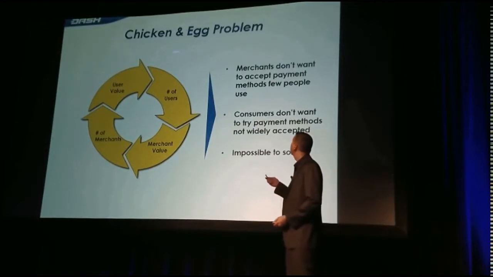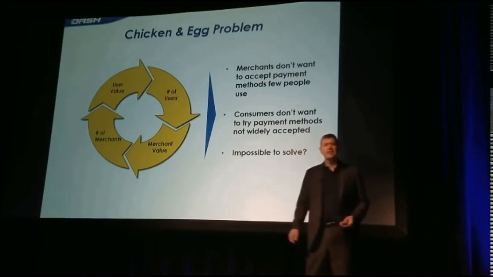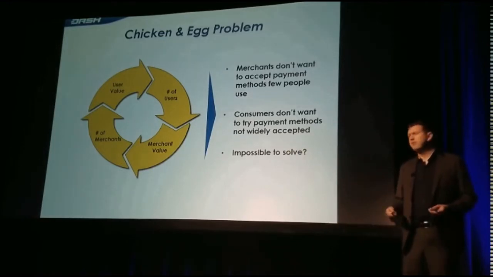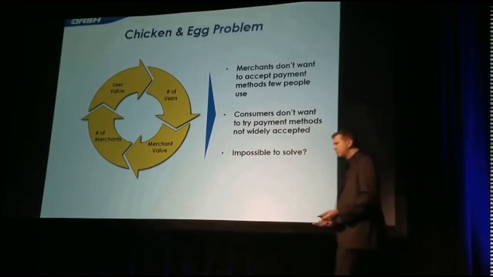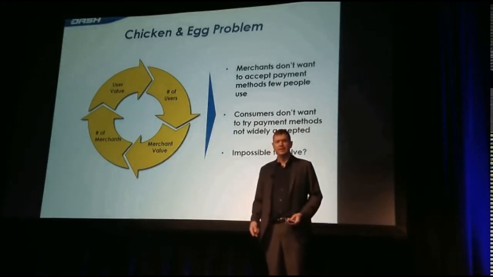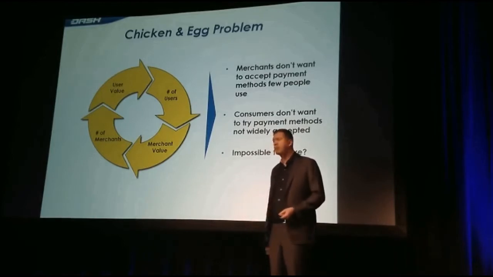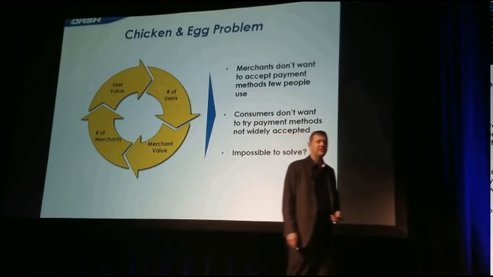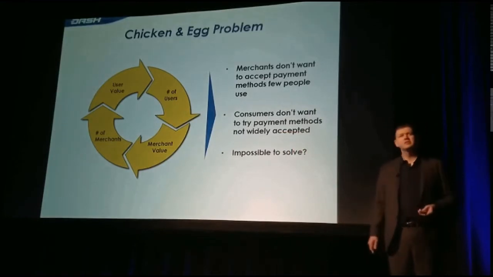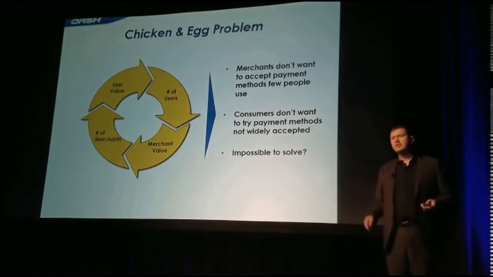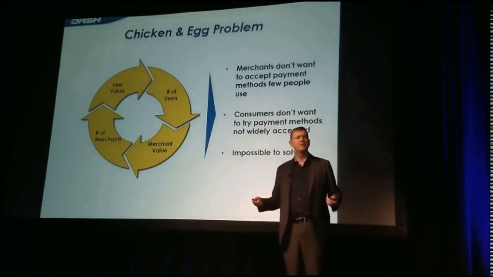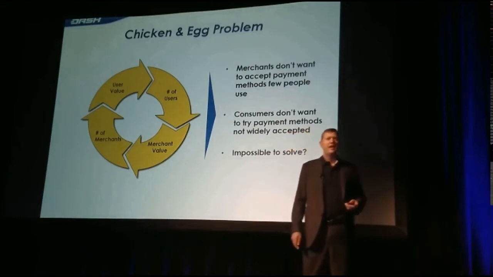But I think that there's actually two main reasons why we're not seeing widespread use of cryptocurrencies. The first is all cryptocurrencies face this chicken and egg problem. Merchants don't want to accept a form of payment that very few customers use, and customers don't want to use a payment system that hardly anybody takes. And on the surface, it seems like a really hard problem to solve, and it is. But it has been solved before, and it's been solved before in financial services many times. So I think it's a wise idea to look at, well, what are those adoption factors, and how do we